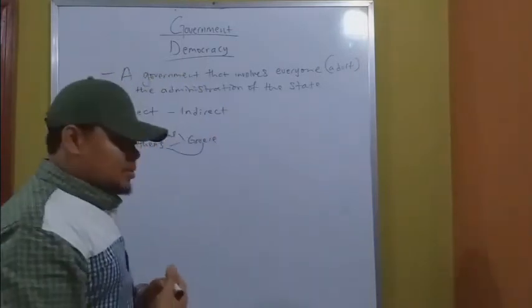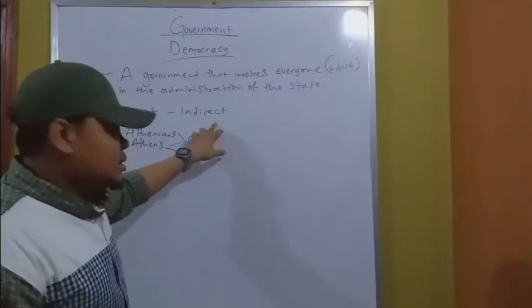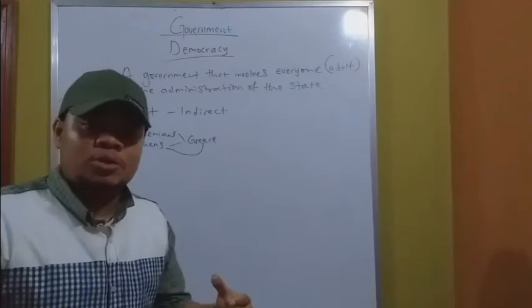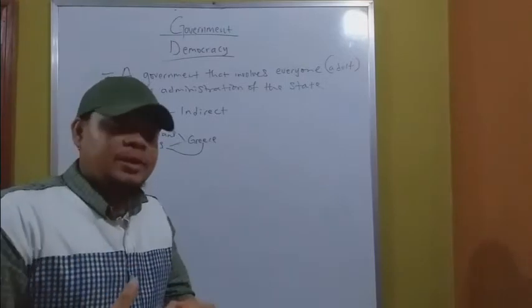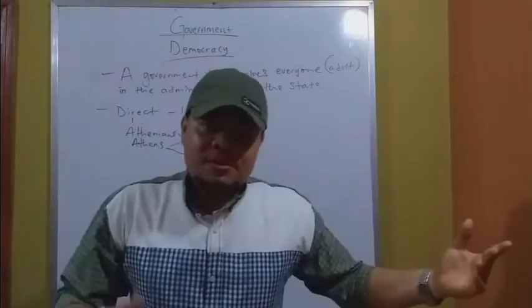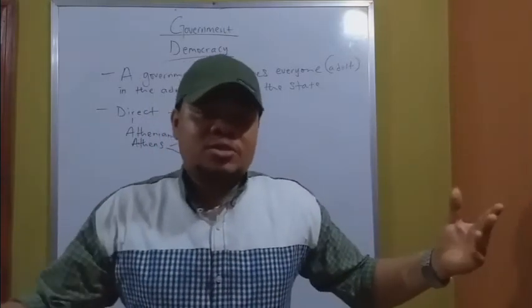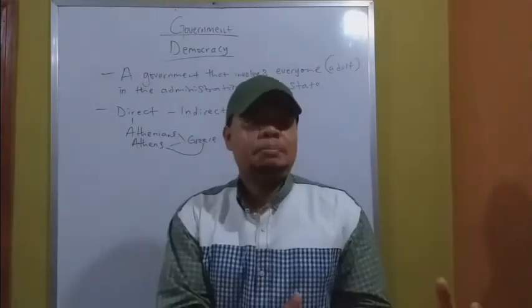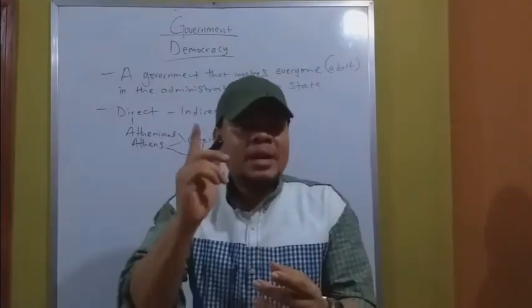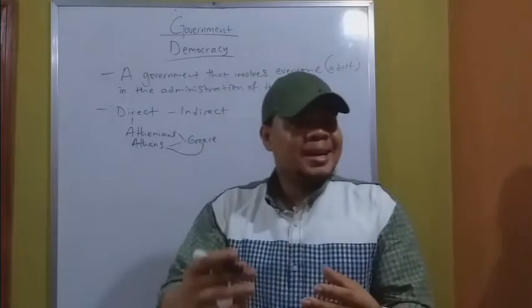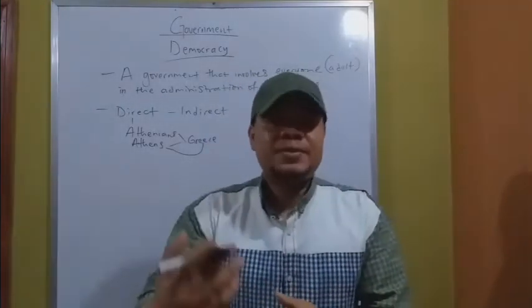Now, we have indirect democracy. In indirect democracy, everybody can no longer come together because of the development of large societies. Your parents are now giving birth to 12 children, 14 children, 25 wives, 100 children. So it's no longer possible for every adult to assemble in one place. Sometimes even one family cannot assemble in one place. Are you following me? So now direct democracy is no longer feasible.